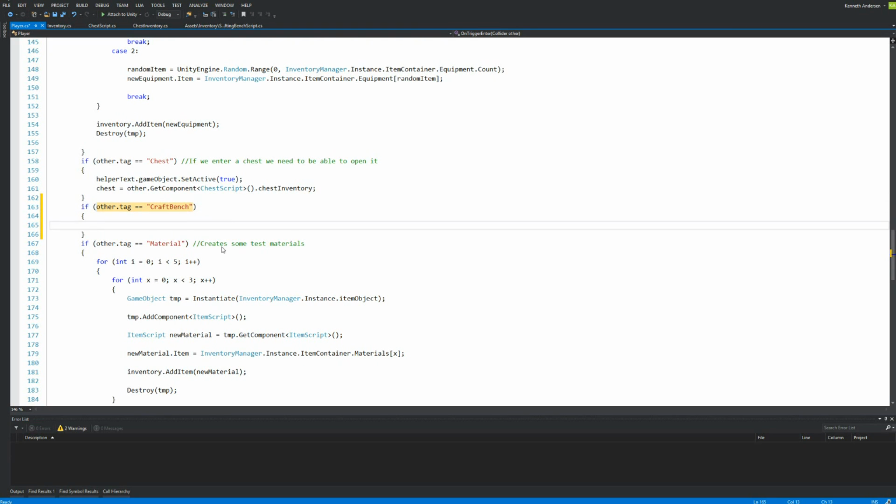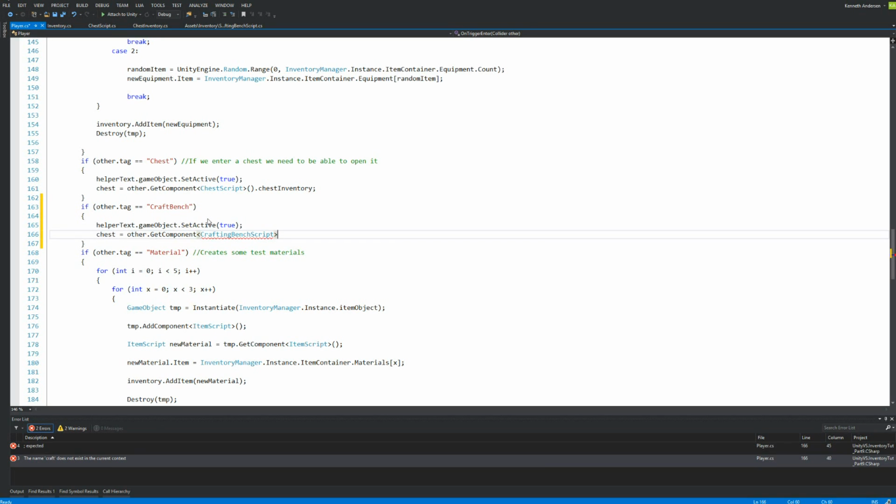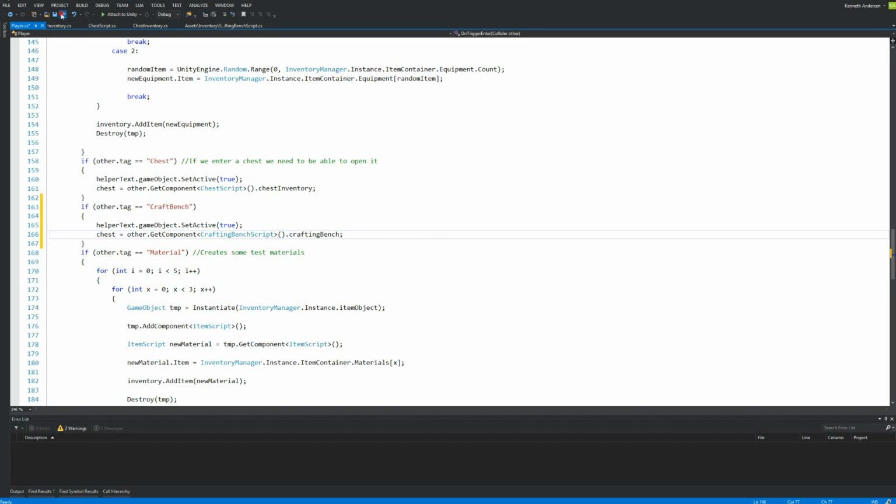Then we need to say helper text dot get game object set active true to make sure that we show the text when we enter the crafting bench, so we can see we can press a key. And then we need to say chest equals other.get component crafting bench script dot crafting bench. And then we save that,